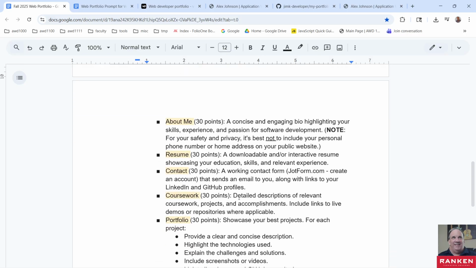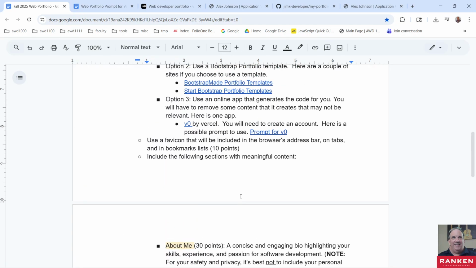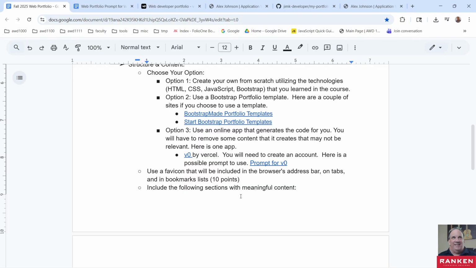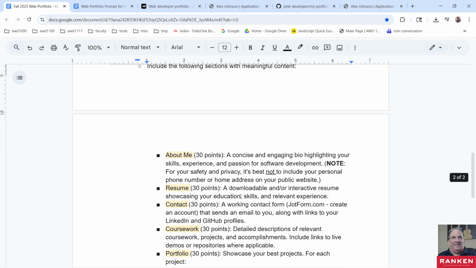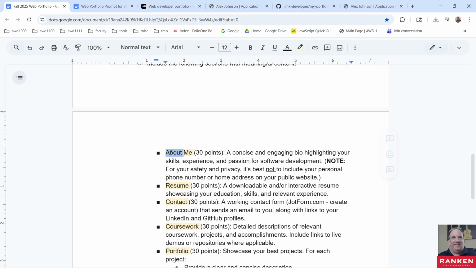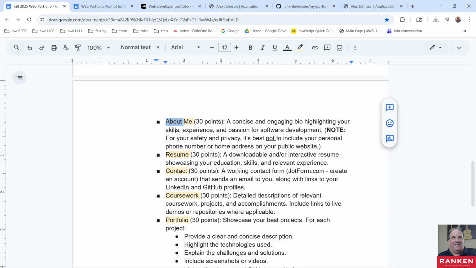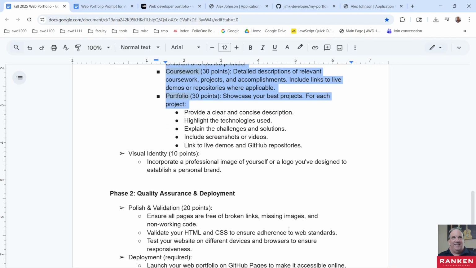Okay, let's see if we can move through this a little quicker now. So we got through the stuff that I really felt would be best for me to spend a little time on. But here's our different sections, and like we saw, since we used that Vercel V0 and I had that prompt, it kind of created these exact ones. So the good thing about that,